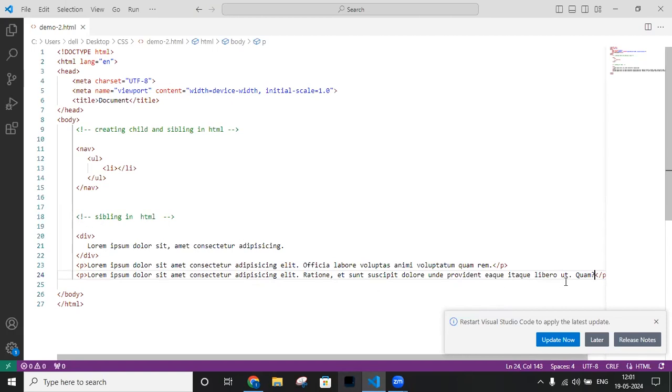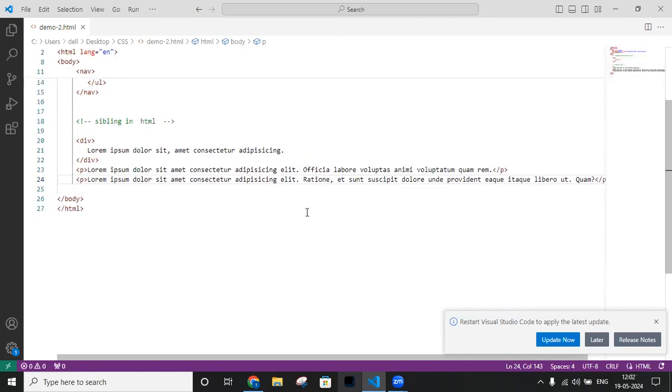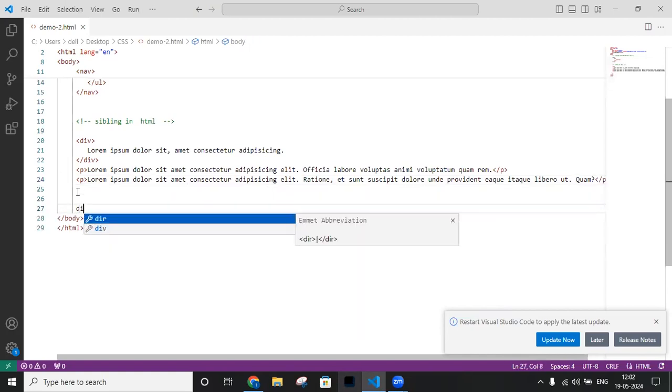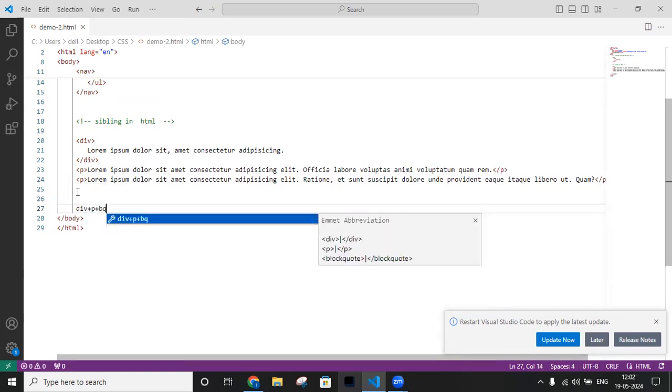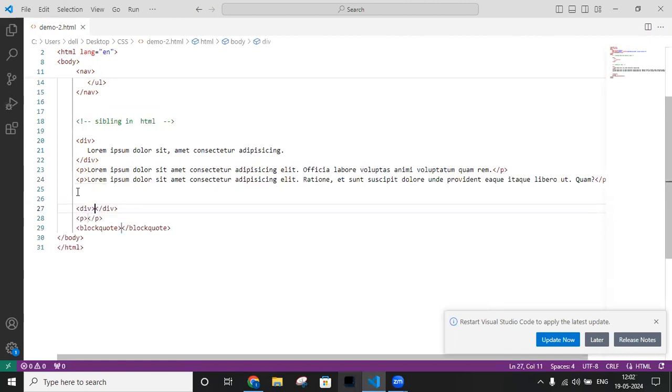Okay, and if you want to create some block quotes, here you can also write div. Okay, so for the paragraph you can write p, and for the block quote we have an alias name bq. Okay, so once you click on this enter, you can create here div p and